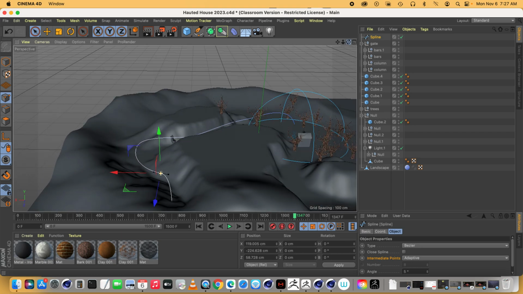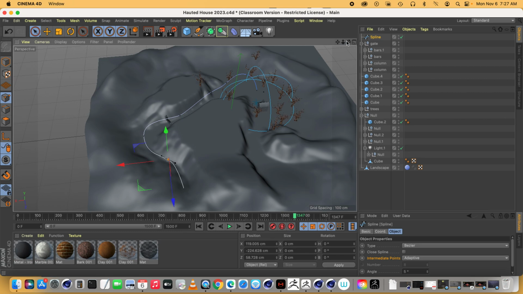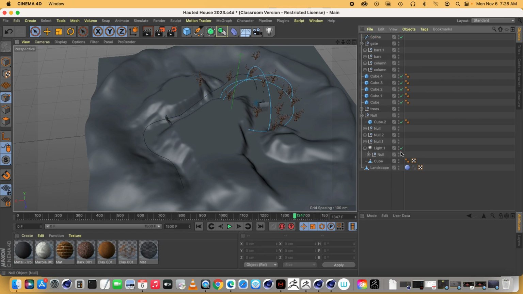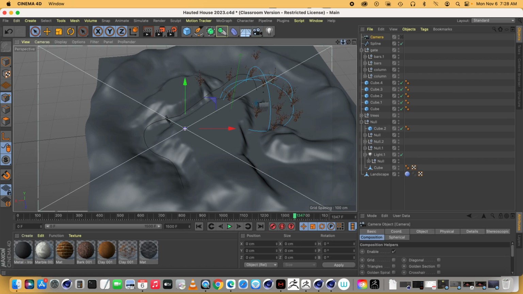And then you'll animate your camera along that spline. Okay? And so what you'll do, I think I did the fog already. I'm pretty sure I did the fog. What you'll do is you'll make a camera. This time you don't need to do a target camera. We're just going to do a normal camera. The normal camera,